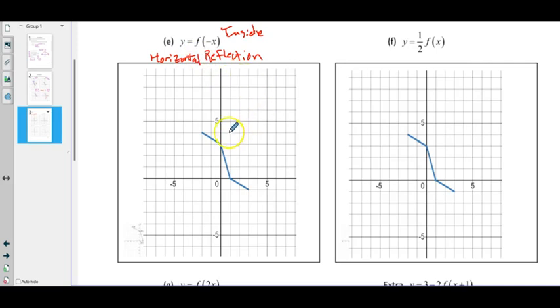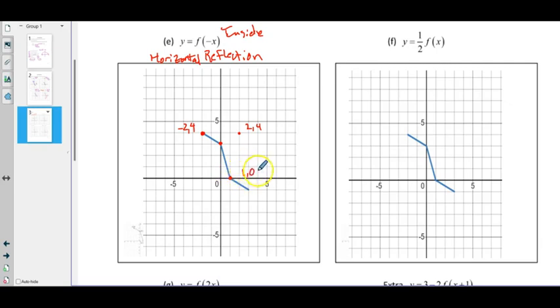Okay, so that means, again, point-wise, I can just take each of these points. Now I'm going horizontally. That tells me my height is not changing. That means my x-coordinate should be the opposite. So if this coordinate is -2, +4, it will reflect to be +2, +4. Our second point is on the y-axis, so when it reflects, it's actually going to be right where it is. Our third point